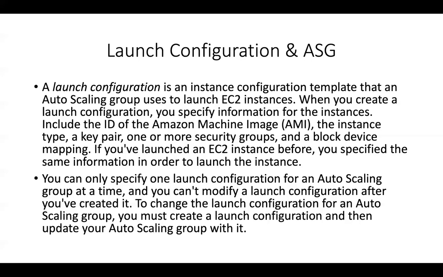Even if you terminate the older instances manually by yourself by going to instance actions and terminate, the auto scaling group is going to launch new instances to maintain the desired capacity, but this time it is going to launch the instances with the latest launch configuration that you have specified rather than the oldest one, right? So if you want to update your auto scaling group to utilize the latest configuration, all you have to do is create a new launch configuration and update the auto scaling group.